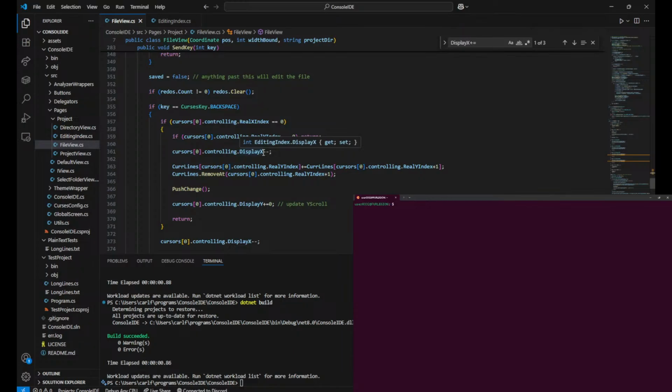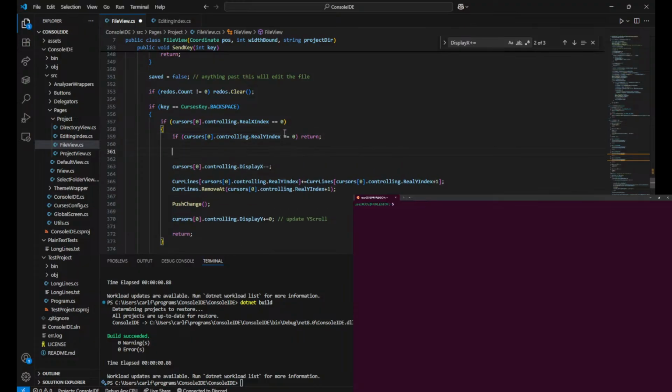I guess we do want to do display x minus minus here. That does sound like the solution. But then, no, I know real y index is not 0, so why don't I just set this myself and go real y index minus minus,